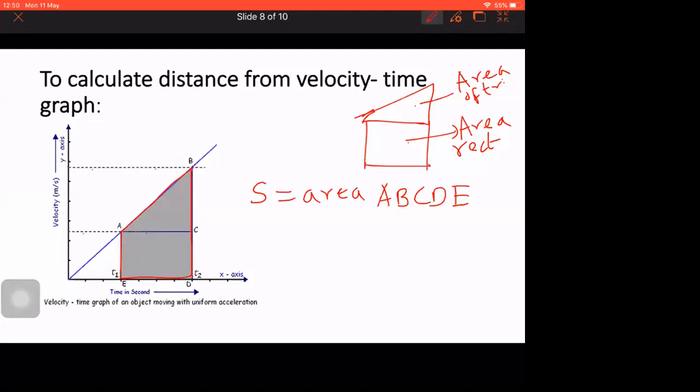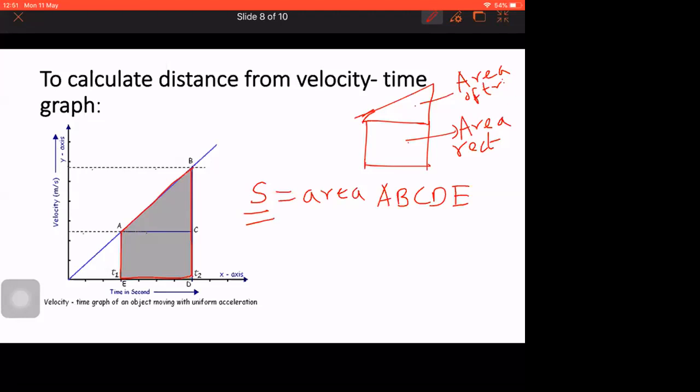Yes. Now I will tell you a small technique at the last. Till now, leave about trapezium. I will tell how you can easily do this. There is a small shortcut also, but learn how it is given in the textbook. So to calculate the distance, I need to have the area of A, B, C, D, E.